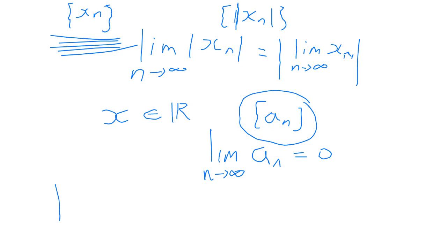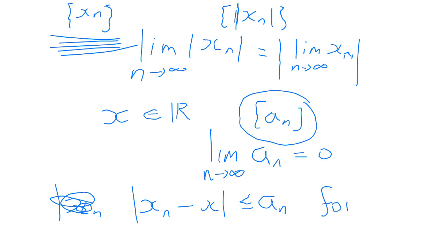And the absolute value of X sub n minus X, remember that X we mentioned before, is less than or equal to A sub n for all n, then the sequence X sub n, so that means the special brackets, sequence X sub n converges, and the limit